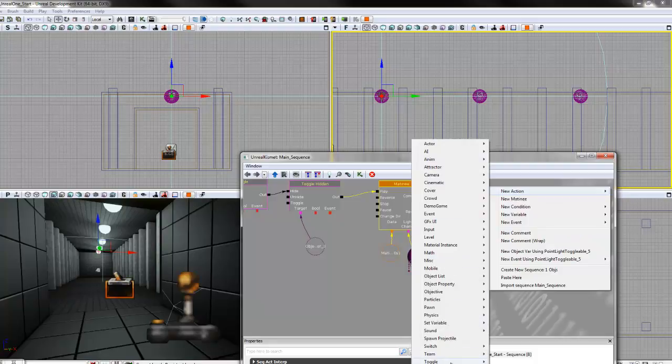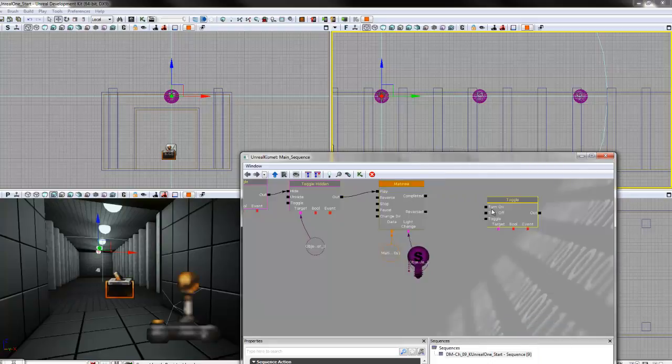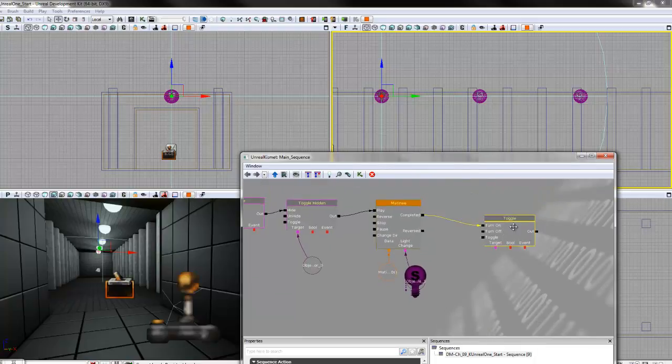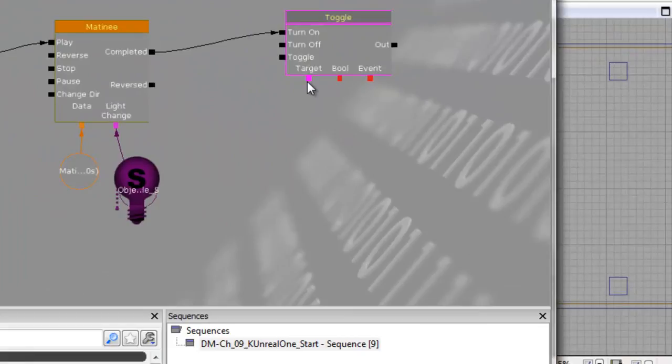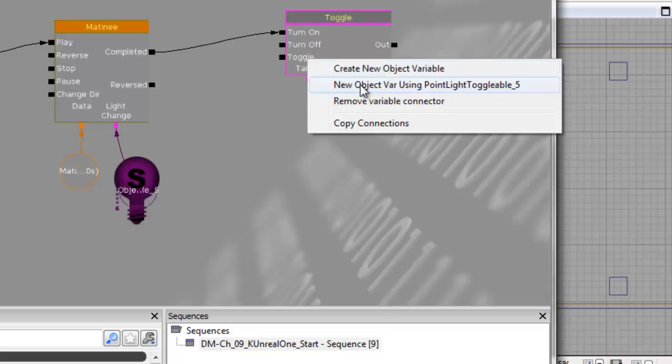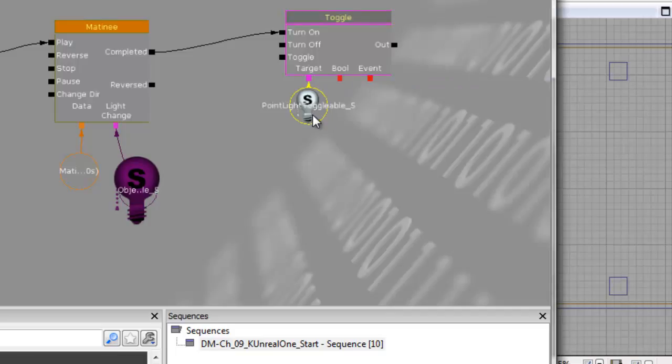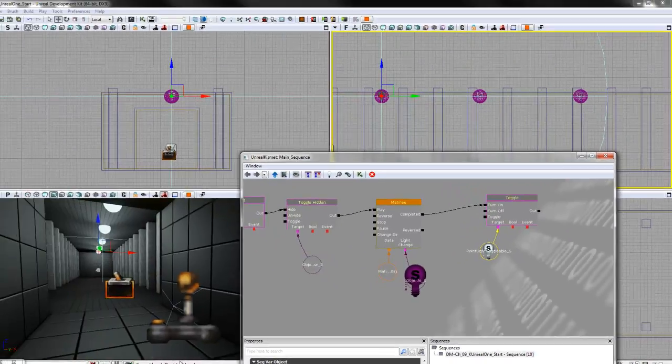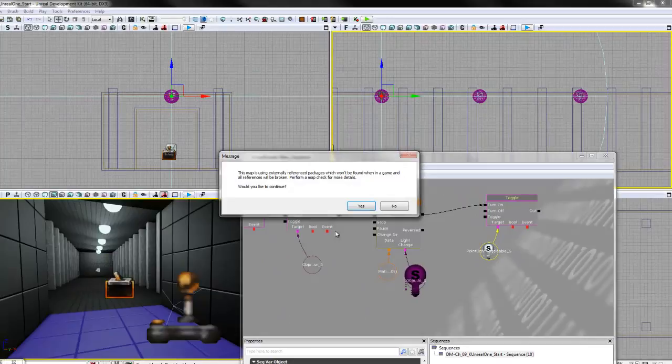editor and then choose a toggle and turn the lights on at the completion of my light change track, and then right click while your light is selected, the last light is selected in the level, right click on the target and add new object variable using point light toggleable. And when we do that and when we go to play,